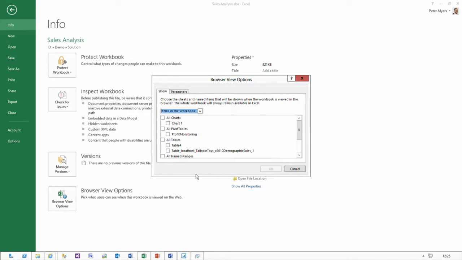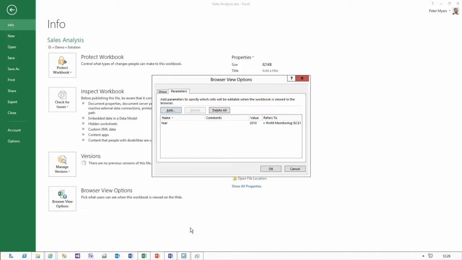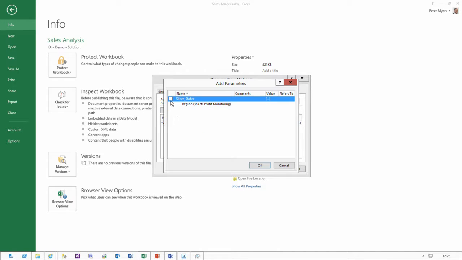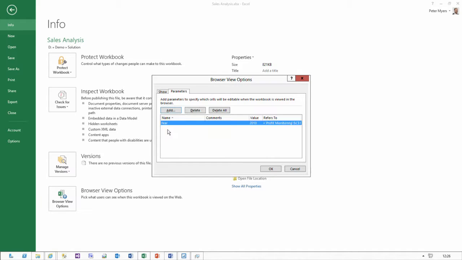What I do is switch it across to items, and I say just that pivot table named profit monitoring and the range that is called demographic analysis is available for analysis and reporting. There is the ability to parameterize, of which this has already been done. I have parameterized the year, which was the pivot table filter. So here's the rule. If it's a single cell named range that has a constant, not a formula behind it,